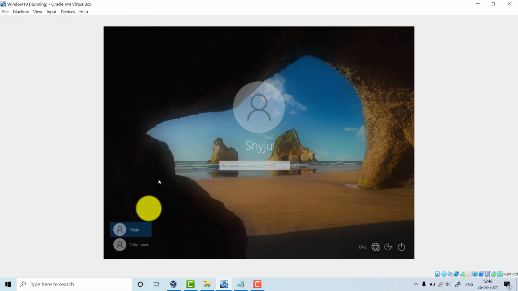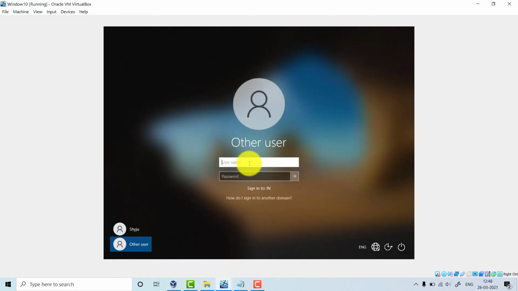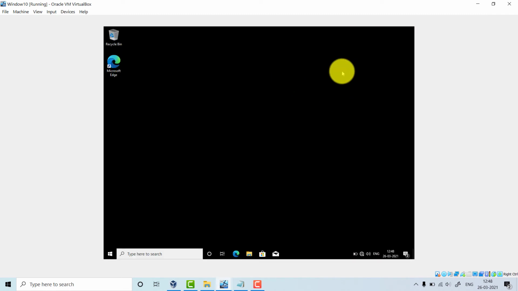Let us go to other user, then Shaiju, and give the password. See, students, right now the wallpaper is like this, the black wallpaper. If you log in, you will have the default wallpaper by Windows 10 also, but right now I am having this wallpaper.